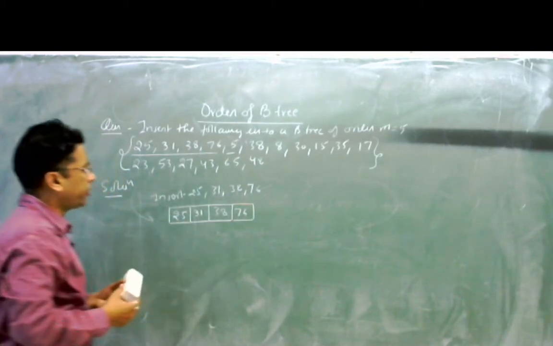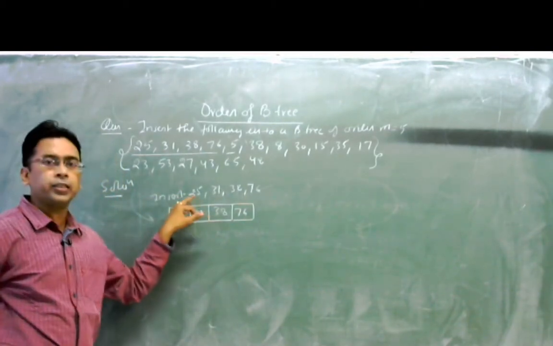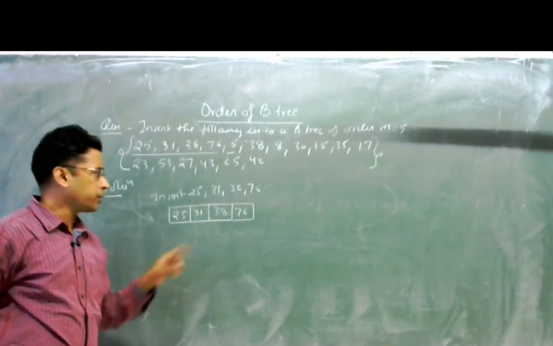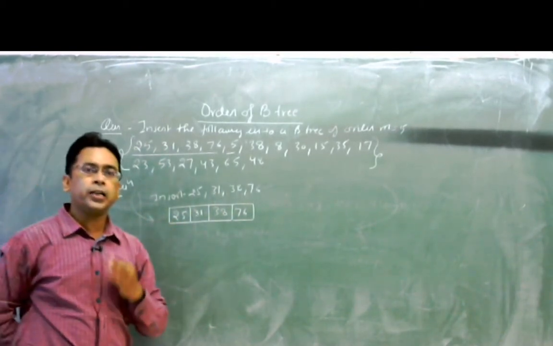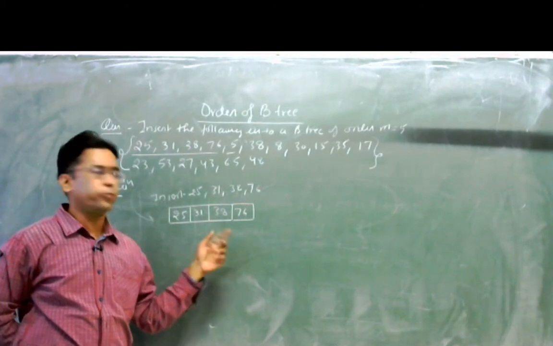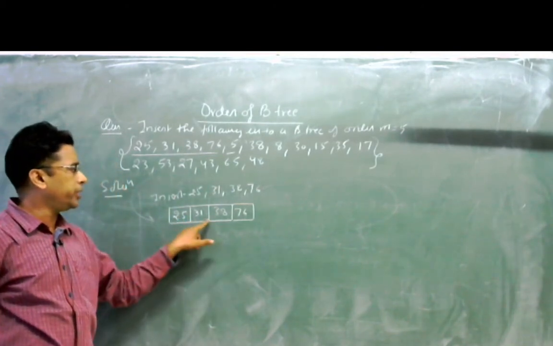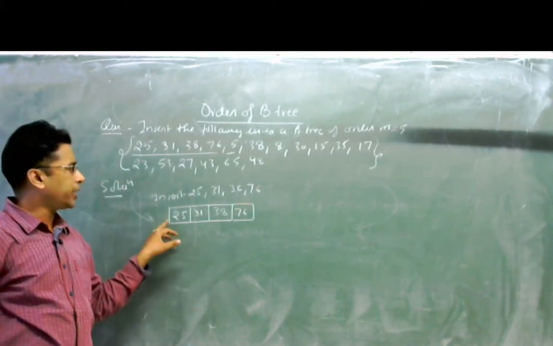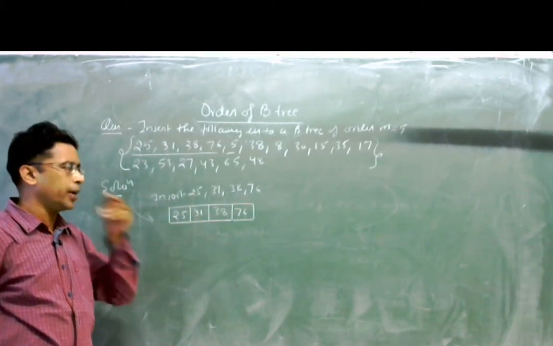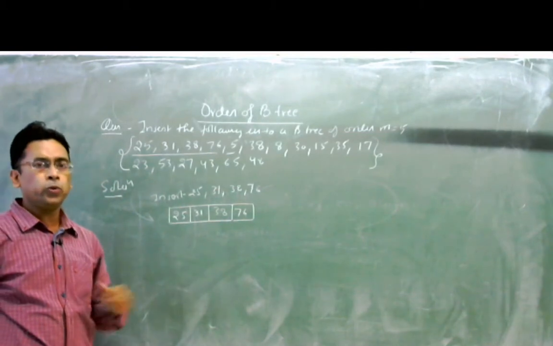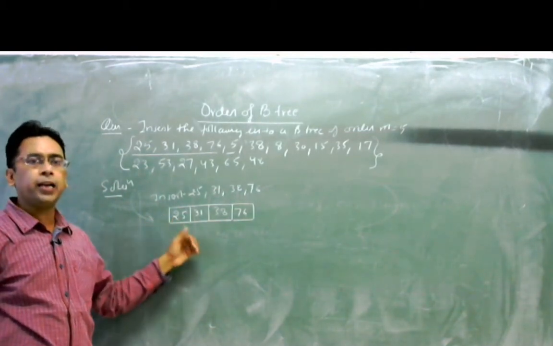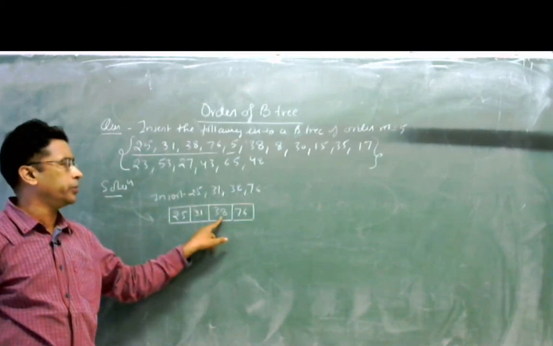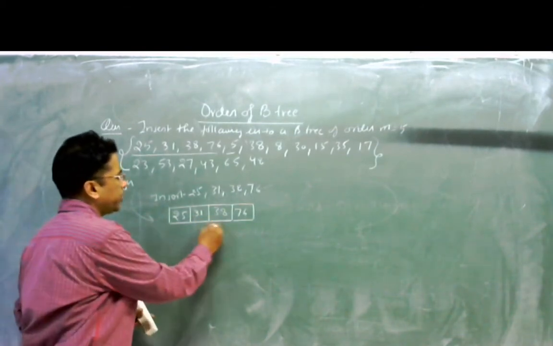If it will try to insert the fifth element into that, then it will split. In the splitting, where the order is the maximum number of elements, 5, and this is the median number, split 4 by 2 is equal to 2. So in this case, suppose we are inserting the element, then we insert the element, and this could be the median and this could be the median. Either of these could be the median.